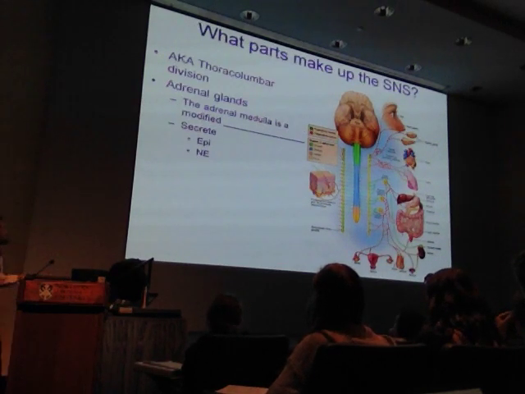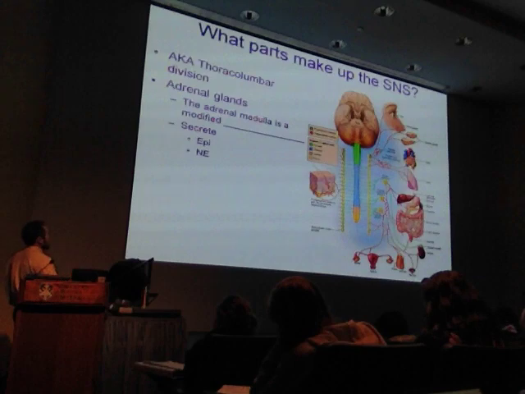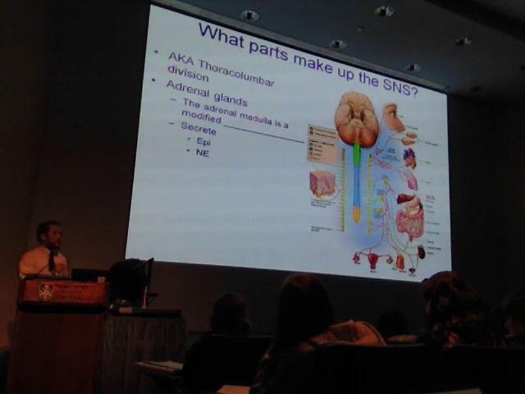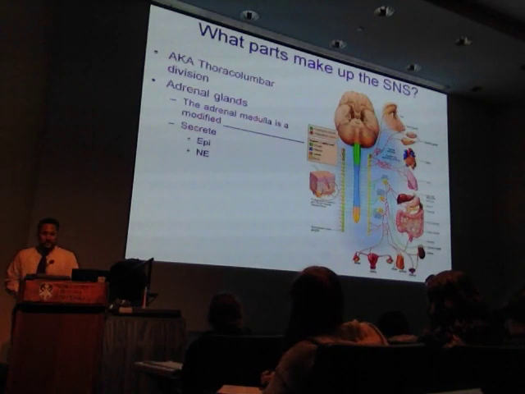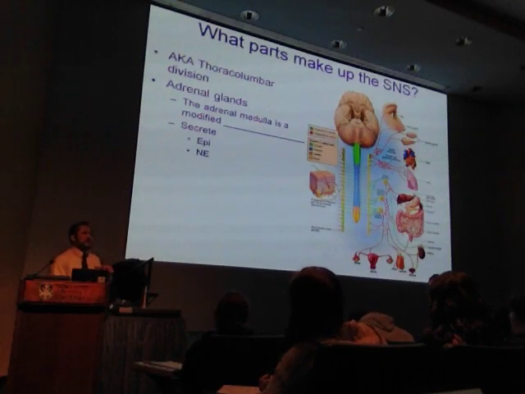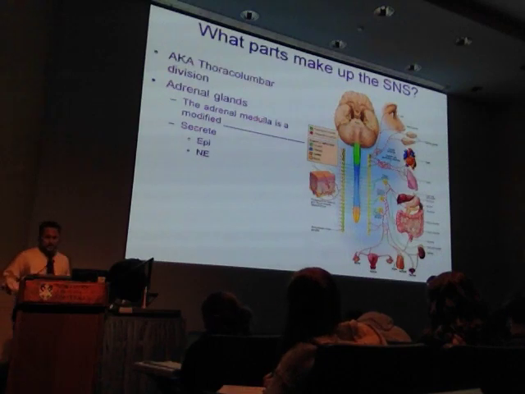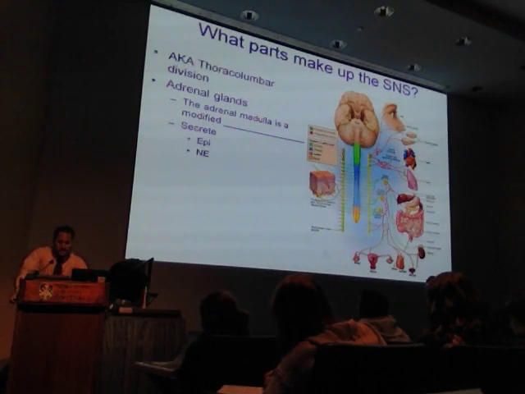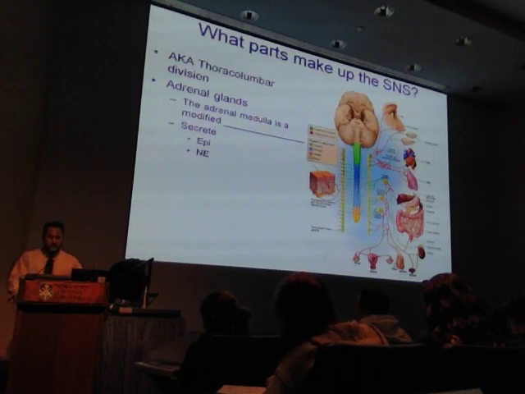All right, so if we look at the sympathetic nervous system, the SNS, it's also referred to as the thoracolumbar division, because the nerves that come out of the sympathetic nervous system move out of the lumbar region as well as the thoracic region. The adrenal medulla is the dominant structure of the sympathetic nervous system. It sits immediately above the kidney, so you have two adrenal medullas. And it's really a modified sympathetic ganglion.